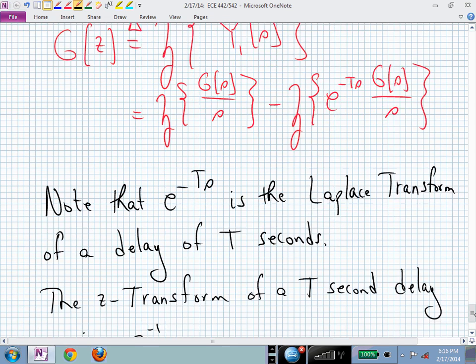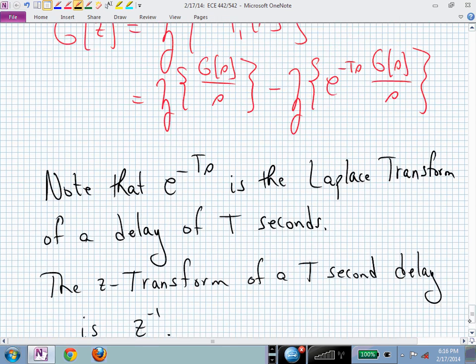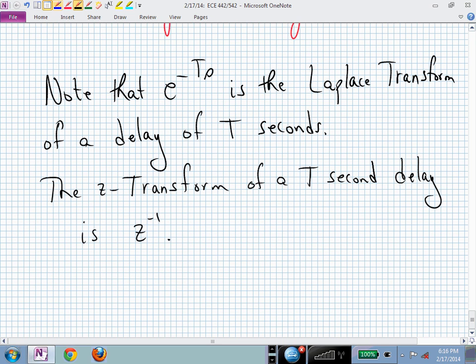That means that instead of having to worry about this e to the minus ts, we can actually pull that outside the z transform and say, oh, we're just going to delay that result by one sample period. Whatever is inside that's remaining, and that's G of s over s. Meaning, now we can say that G of